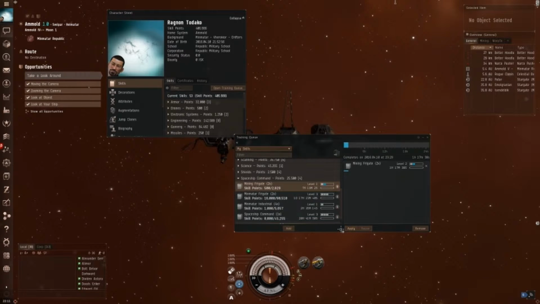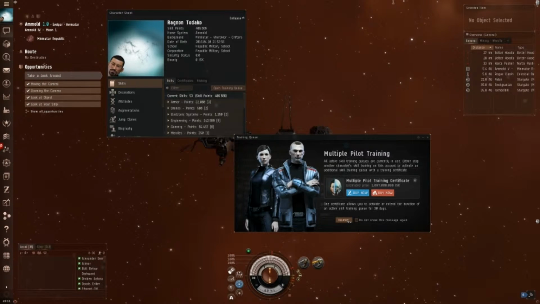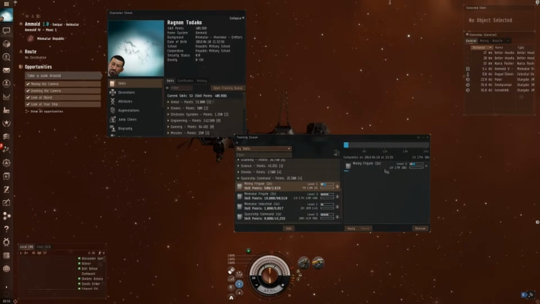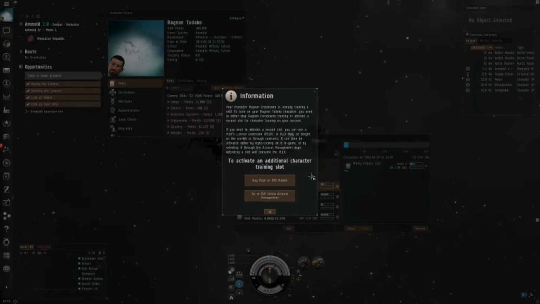It doesn't matter for right now. What I want you to do is just get a skill training as fast as possible. I'm going to dismiss this. But get a skill training, because of the way that the game works,